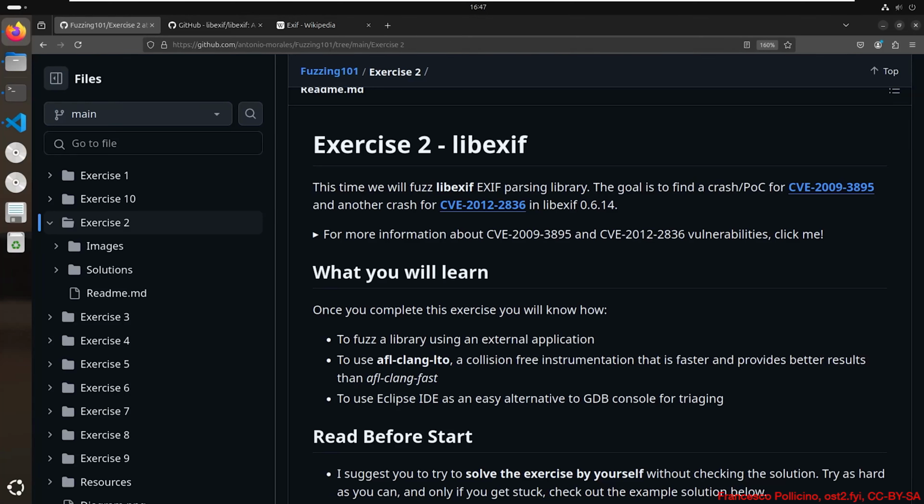To test the LTO mode in a real-world example, we jump back to the Fuzzing 101 repo, in particular to exercise number 2. But before continuing, remember to star this fantastic repo. The aim of this exercise is to find a crash in libexif version 0.6.14. The first thing to do is to grab the right version of the library that we want to fuzz. To do that, we can search for the Git repository on Google, for example, GitHub libexif, and we